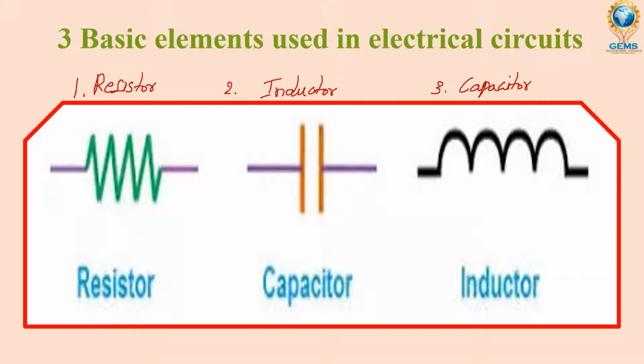The first one is resistor. This is the symbol of resistor. In order to represent the resistor, we are using this symbol. How to draw this symbol? Just like this. There is some distance. All these should be equal in size. It should start at the middle, and here also it should come out at the middle. Here you can see exactly how. This is the symbol for resistor. We are going to represent the resistor with this one.